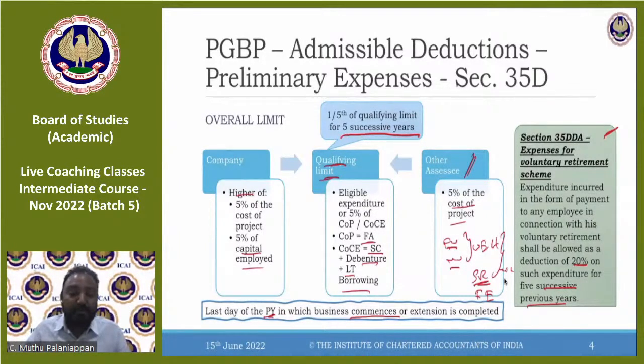The deduction is eligible for individuals and companies also. When you say company, it is like incorporation or all that. When you talk about individuals, you might also be running a business. You may also expand your business, set up your business, all that. So all this feasibility report, market survey, project report is applicable for both individuals and companies.